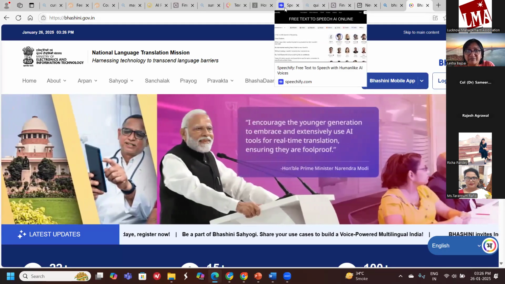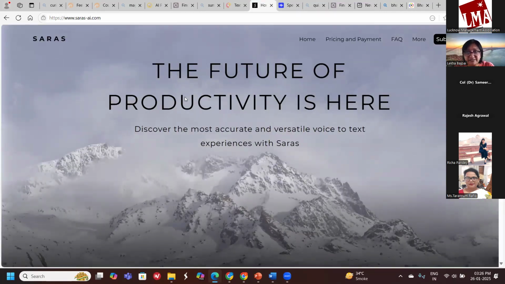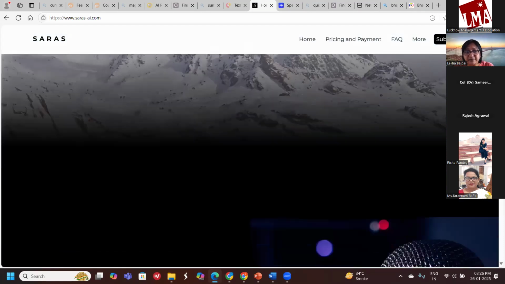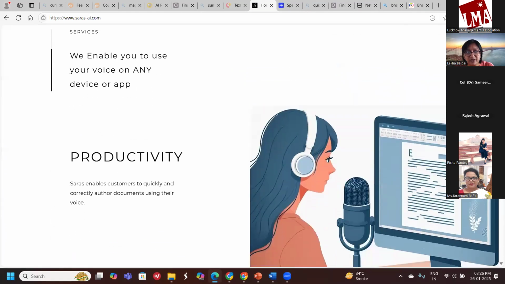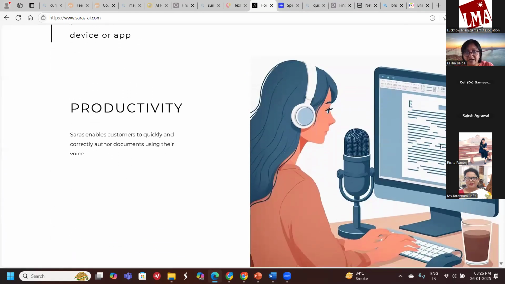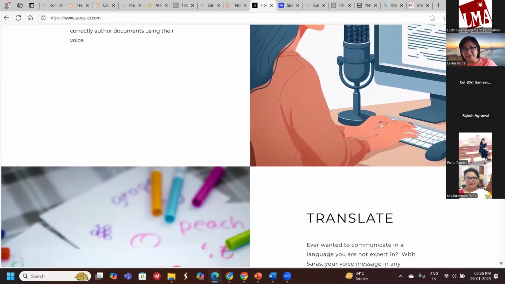Coming back to Speechify, there is another one called Saras.ai. This is also an Indian tool, and it also unlocks your voice. You can record your voice, and if you embed this Saras AI in your system, it can get embedded within Word. You speak, and Word is typing out all the details. It is being used a lot for people who are not able to write also,